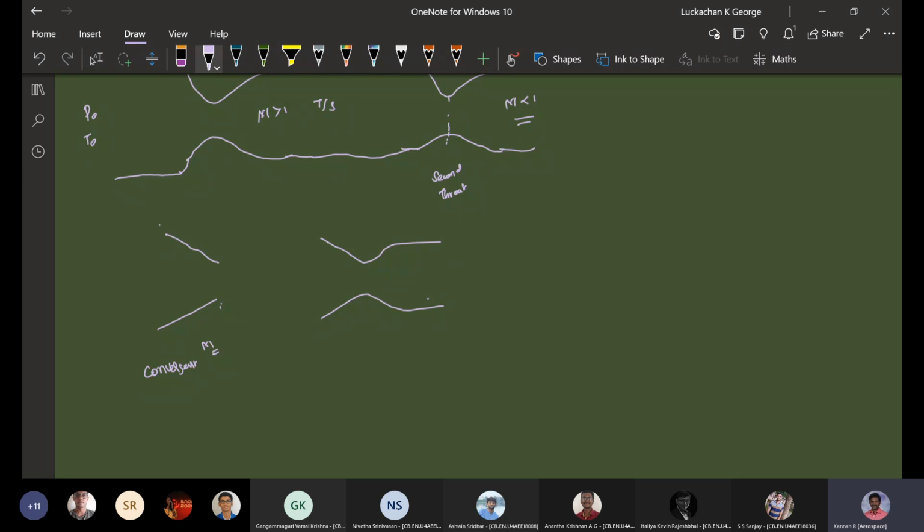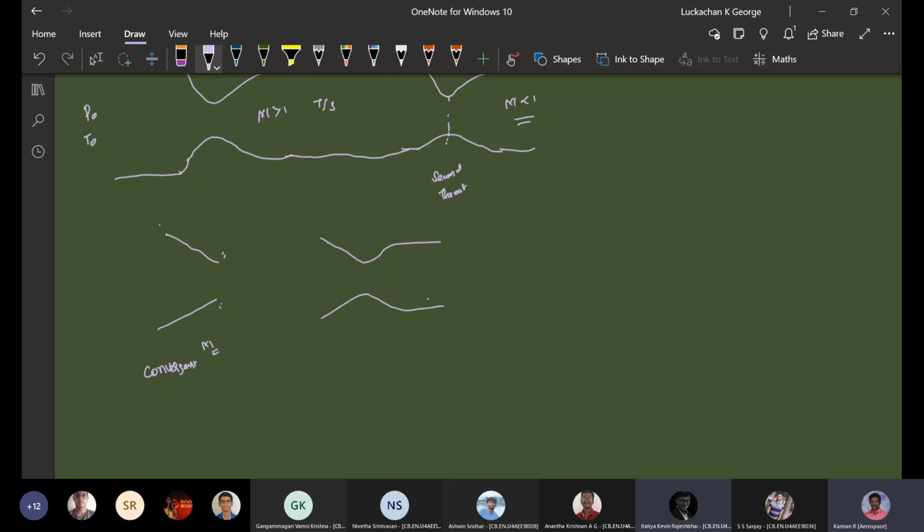But if you look at most of the supersonic fighters that are fitted with a turbojet engine, whether they have a convergent nozzle or a convergent divergent nozzle, they have only convergent. Then how come they are achieving a supersonic flow? If your nozzle is not going to produce a supersonic flow, how come they are getting a supersonic speed? Any one of you? Don't worry about whether your answer is right or wrong. First, speak out boldly.